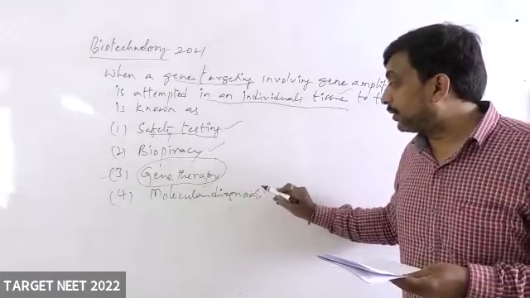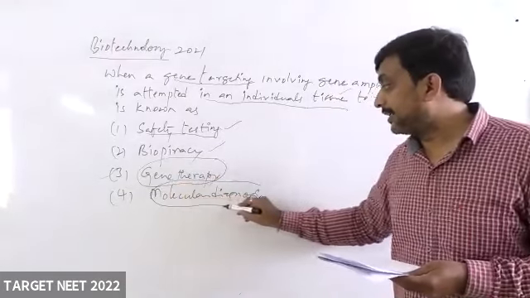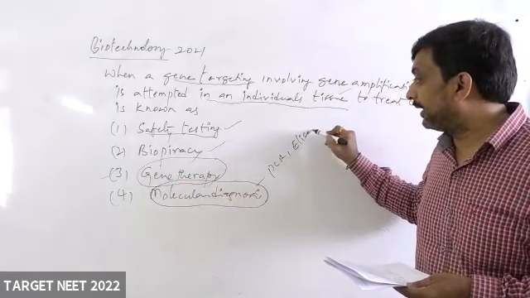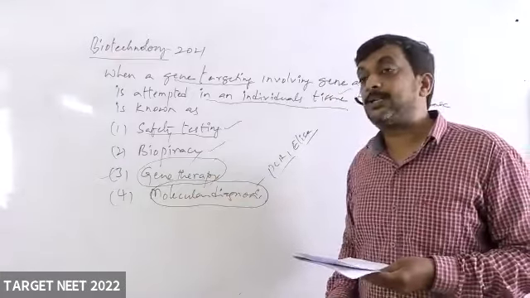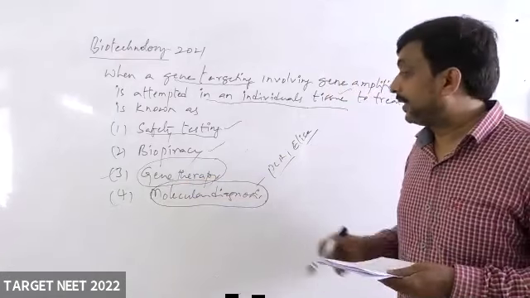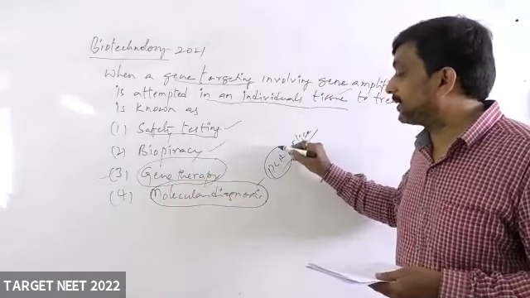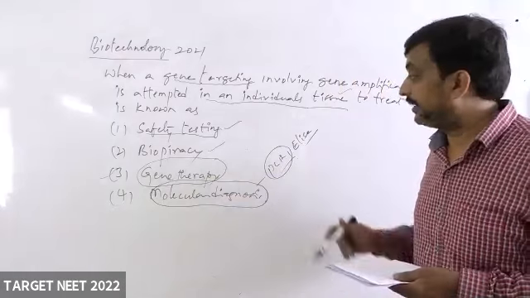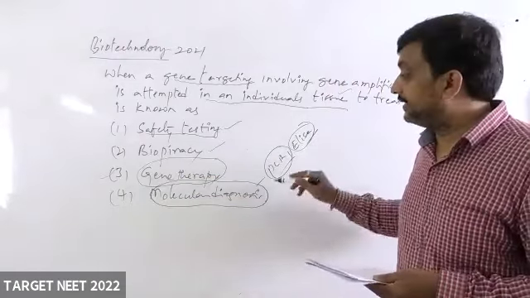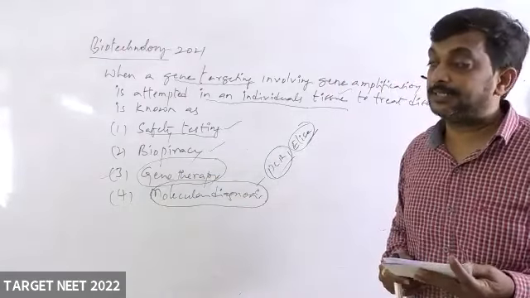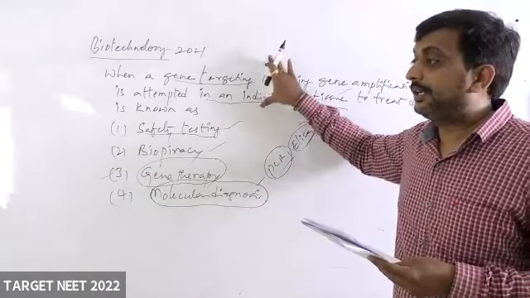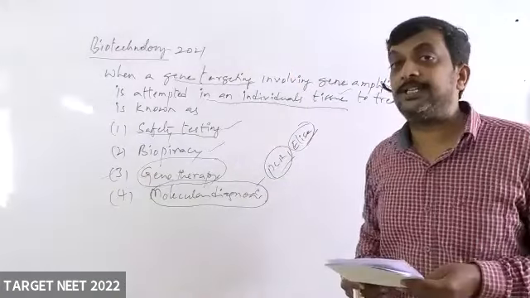Next, molecular diagnosis. Techniques like PCR and ELISA are what we call molecular diagnosis. These molecular diagnosis methods allow early detection, and are very useful: PCR, polymerase chain reaction, and ELISA, enzyme-linked immunosorbent assay. These generally come under the category of molecular diagnosis in biotechnology. So this is a definition-type question, and your answer should be gene therapy, right?